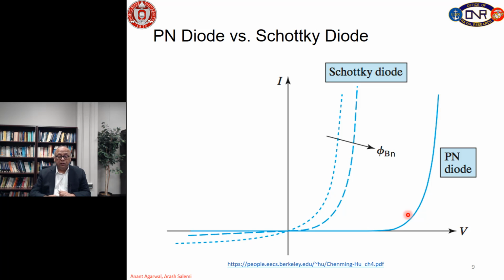But before we go to the reverse voltage case, let us reiterate that as we increase the barrier height by choosing a higher work function metal, the current in the Schottky diode reduces at a given forward voltage,